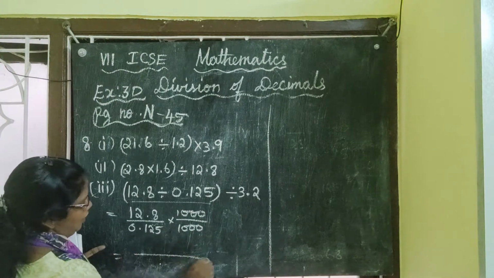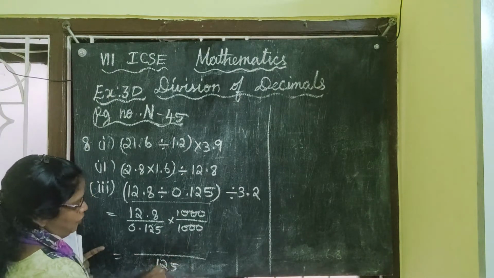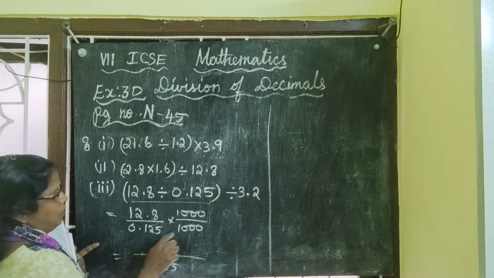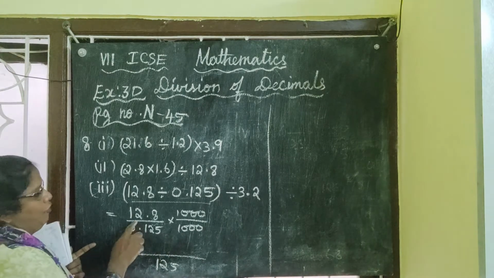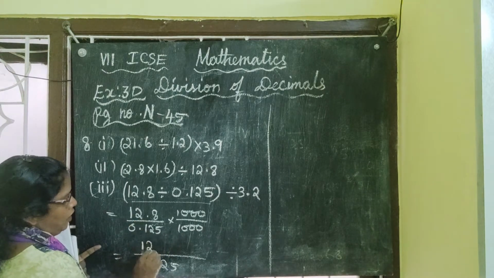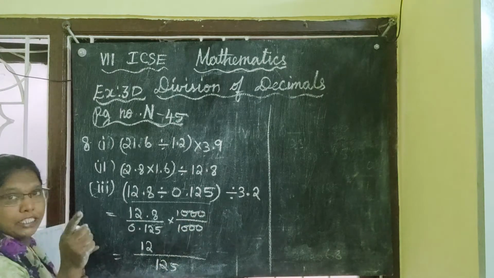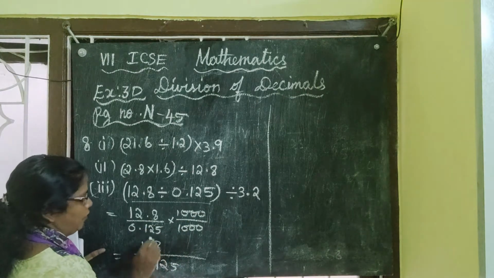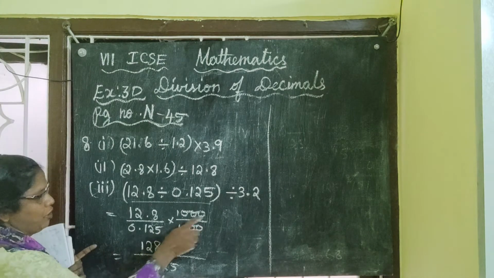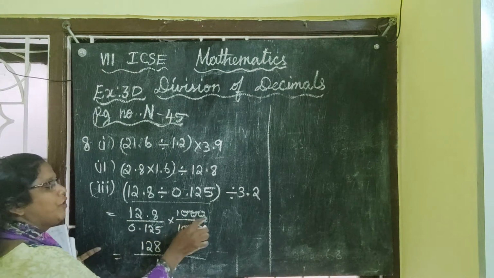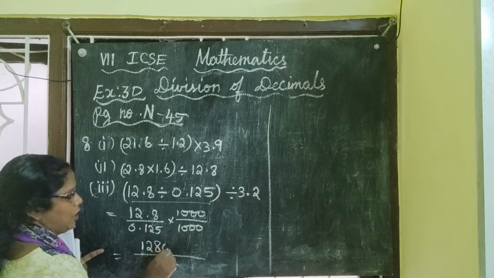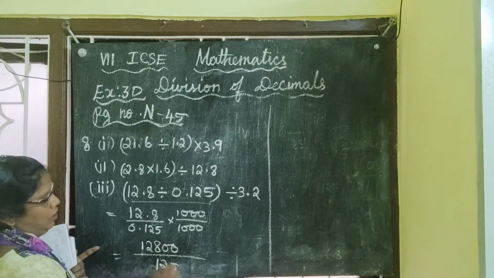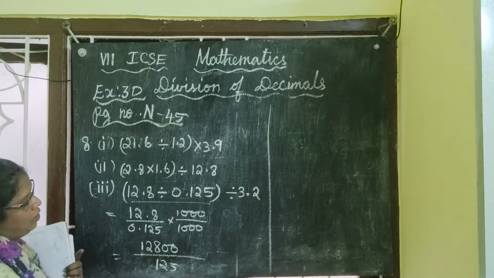So you will get 125 down, because for this 3 decimals, 3 zeros will go. Now 128. For 3 decimals should come, but we are having one decimal here. So 1 decimal, take the decimal and write. For 10, 1 decimal goes. What to do for the rest of the zeros? Add 0 here. Okay. So this is equal to